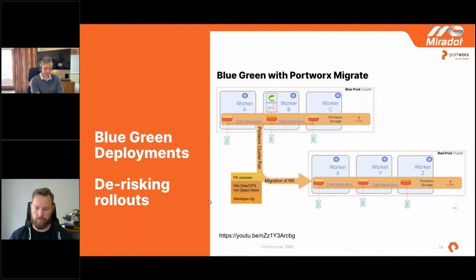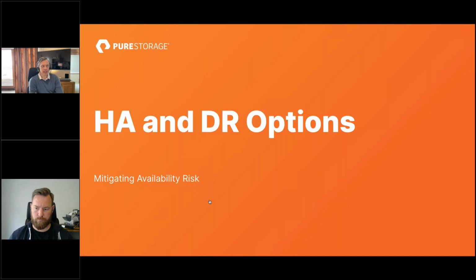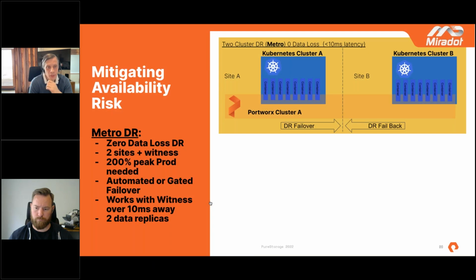Now, I'm going to talk to you next a little bit about how HA, so high availability, and disaster recovery interplay with each other, and how I think about this as I look at architecting systems for people. The first and the most interesting solution that we see in Portworx is a zero data loss between two data centers solution, and we'll get onto a case study that covers who used this and why, and we do see a lot of interest in it.